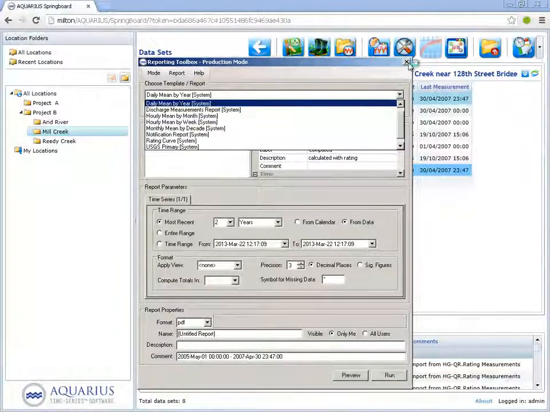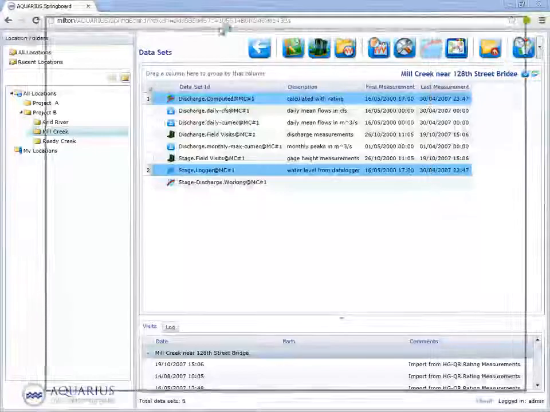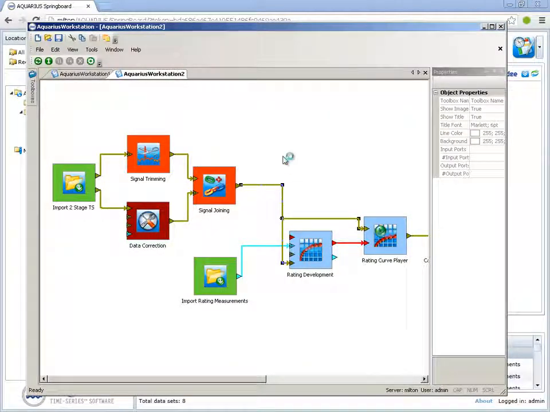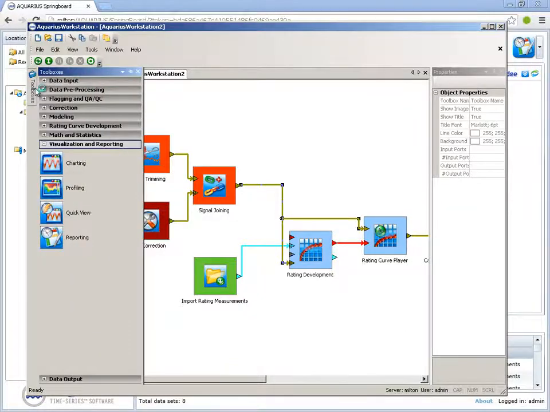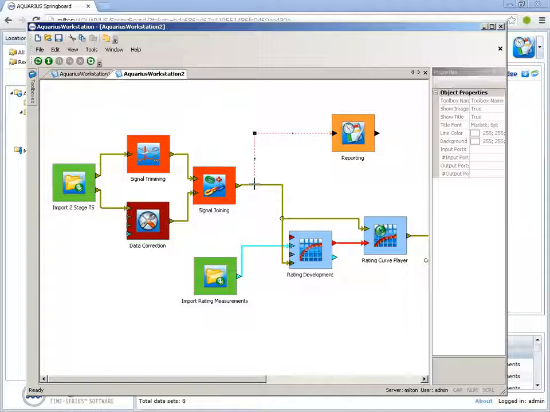So one more thing about starting the reporting toolbox, you can also do it from Whiteboard. So let's have a look at that right now. I'm just going to bring in this whiteboard that I have open already. And if I wanted to run a report using one of these data sets as my input, all I have to do is go to my toolbox menu, go to Visualization and Reporting category, and you'll notice the report tool is here as well. If I drag one of those onto my surface and connect that up with a time series, I can open the report tool,